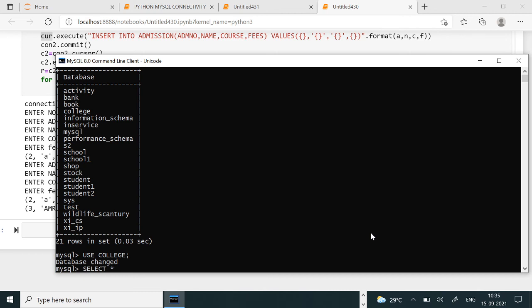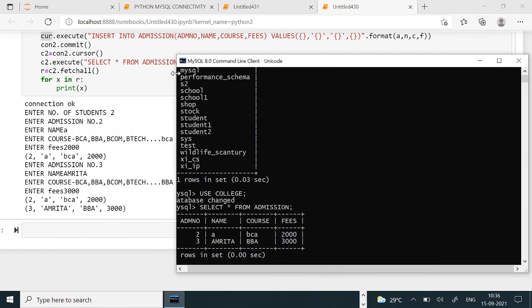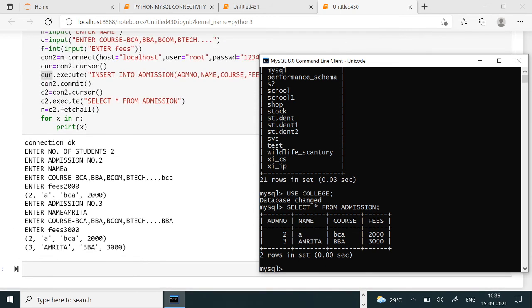So select star from, the name of the table is admission. Yes, you can see here 2 records you have inserted, as well as here also you can see this select query is showing, the last select query is showing you all the 2 records.